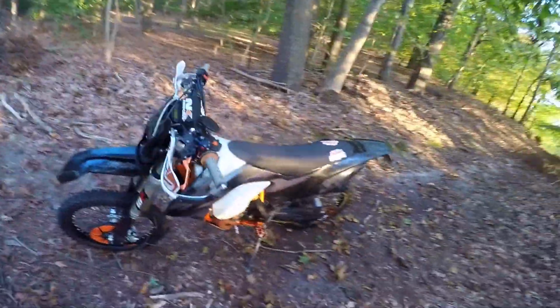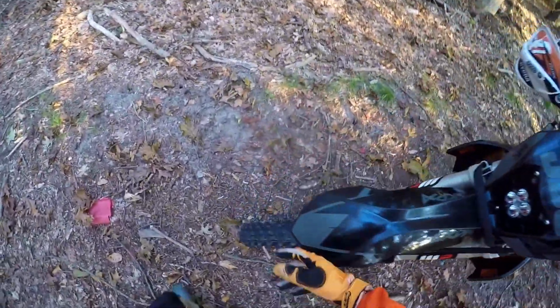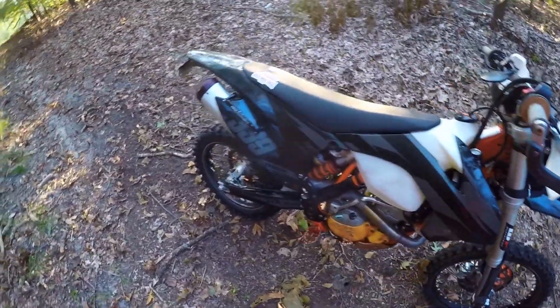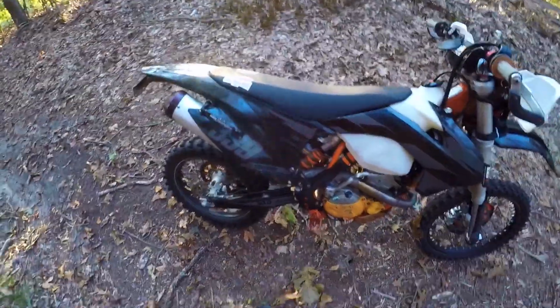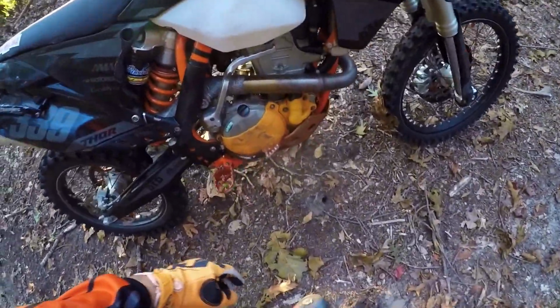But yeah, I guess I can go over some of the mods that are on it. The only power mods I had were the KTM Husky parts. Other than that, the bike's totally stock. All the protective mods I have are the Pulley Sport swing arm guards, the Tusk Racing rear disc guard, Mojo Motorsport foot pegs, awesome company, lifetime warranty, Hammerhead Designs brake pedal and shifter,